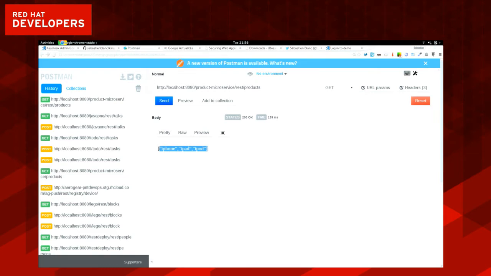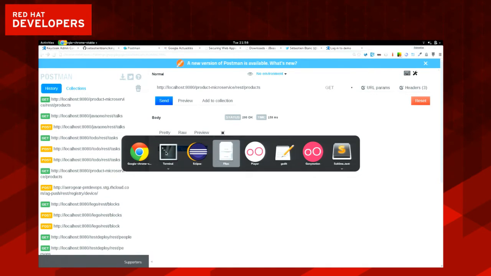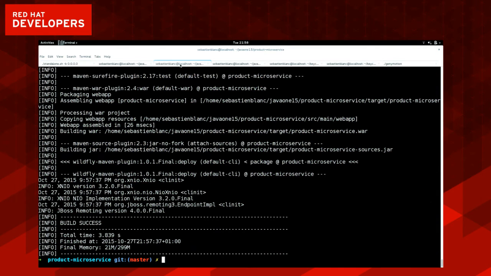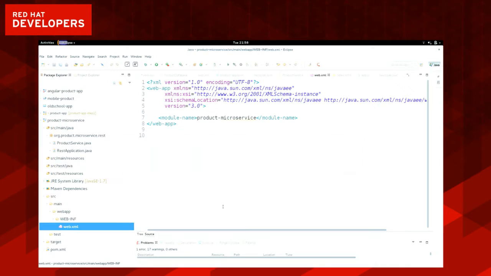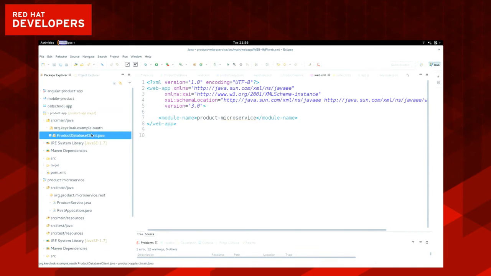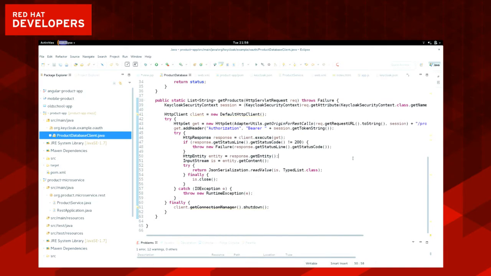So now I can change my first app, the product app, to call this application. So let me go back here. Okay, let's take a look at the class, what I've changed from the product app. Nothing really exciting here. I use an HTTP client. But the interesting thing is here, if you see, I got my HTTP servlet request, and from there I can retrieve